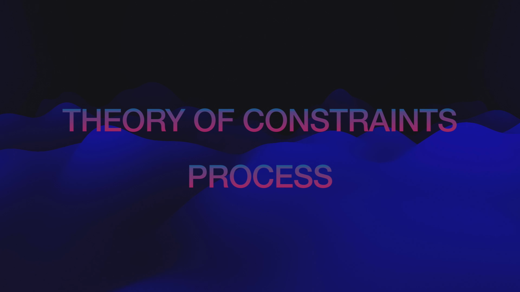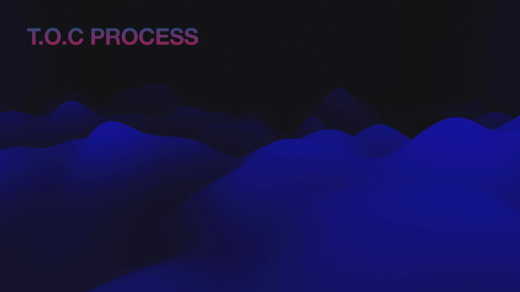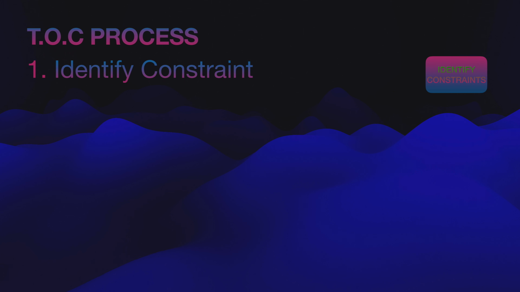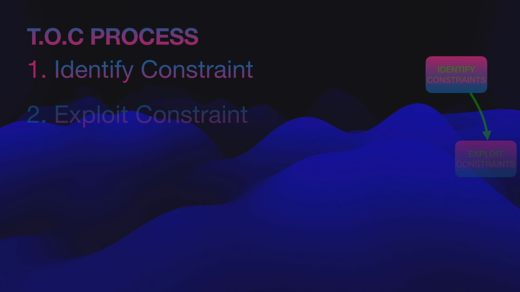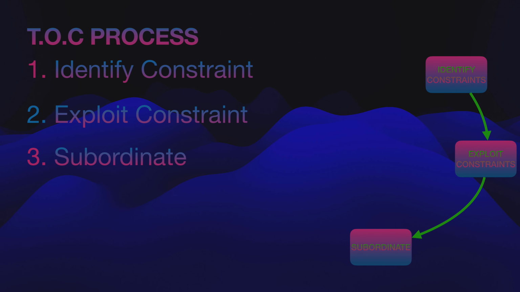Now, let's delve into the process of TOC. It's a 5-step procedure. Firstly, we identify the constraint. In the context of our kitchen analogy, that'd be the single oven. Secondly, we exploit the constraint. We ensure the oven is used optimally, perhaps by scheduling dishes based on cooking speed or importance. The third step is to subordinate everything else into this decision. This means all other processes in the kitchen are adjusted to support the maximum utilization of the oven, prepping dishes